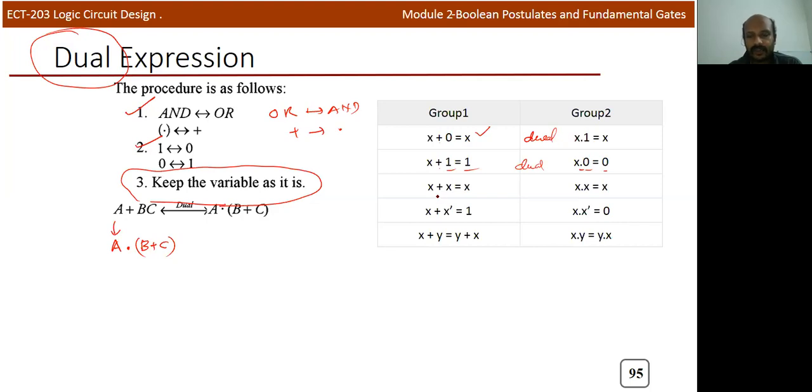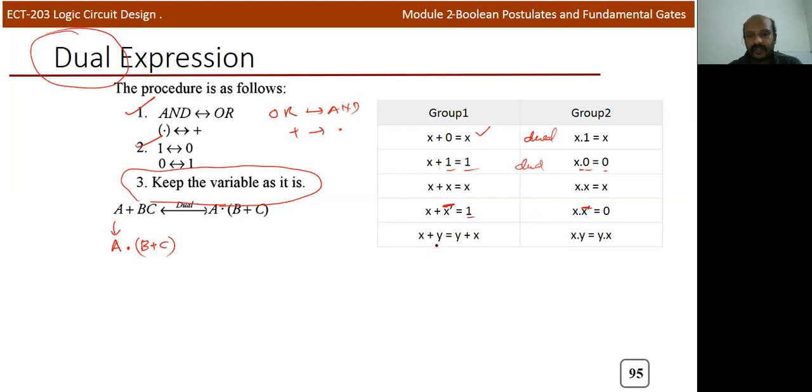Next, we can see that x plus x is equal to x. There is an OR operation, so we need to convert it into an AND operation: x dot x is equal to x, and we don't change the variable. Next, x plus x bar is equal to 1, and if you take the dual, it becomes x dot x bar, which is equal to 0, because we need to change 1 to 0.